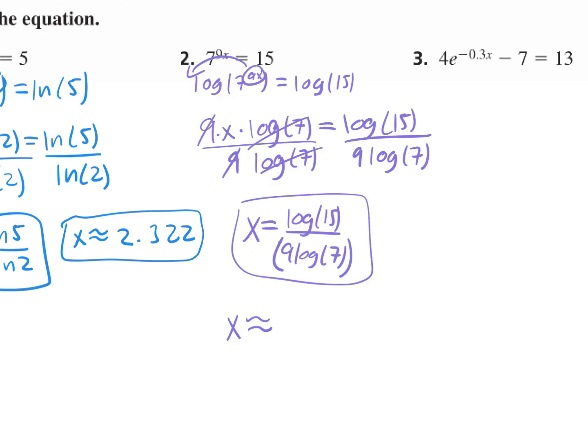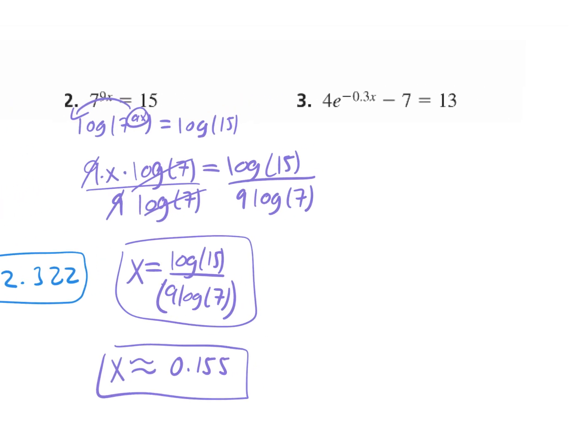Otherwise, your calculator is going to do order of operations, and it's not going to read that log 7 as in the denominator, right? So just something to be mindful of. All right, so I'm going to go ahead and type this into my calculator, and then we should get our decimal approximation, which is going to be about 0.155, right, to 3 decimal places. All right, good. And now the next one,